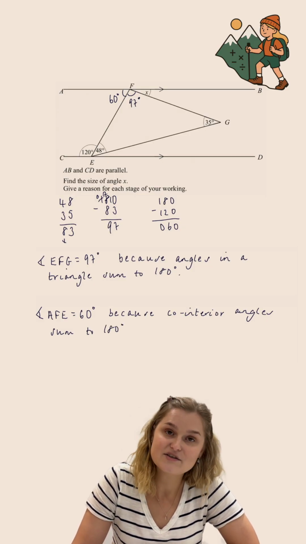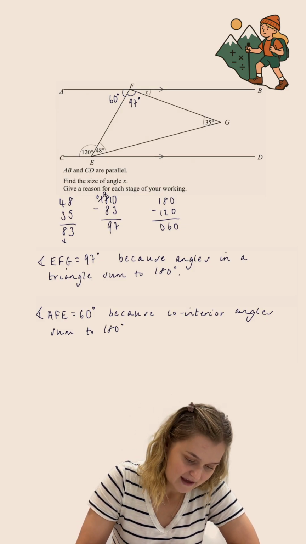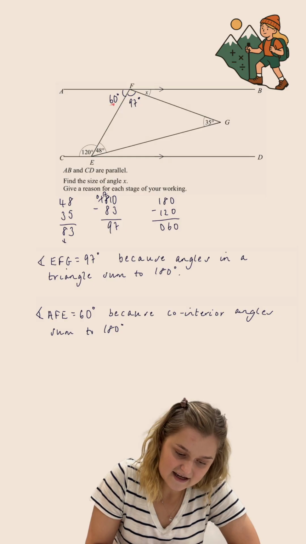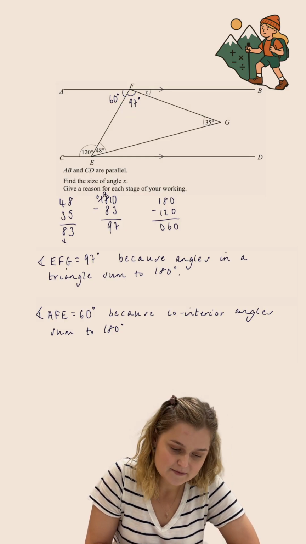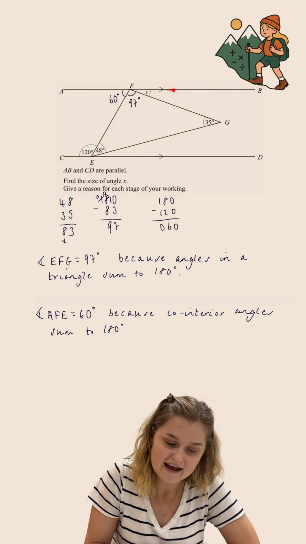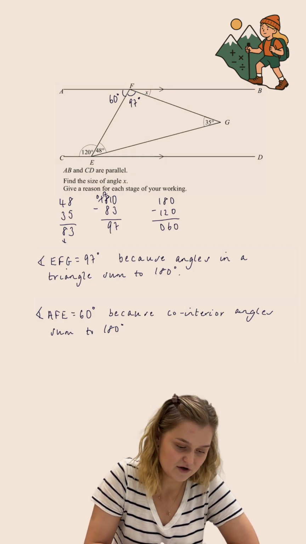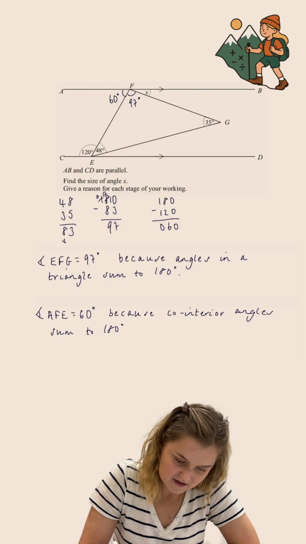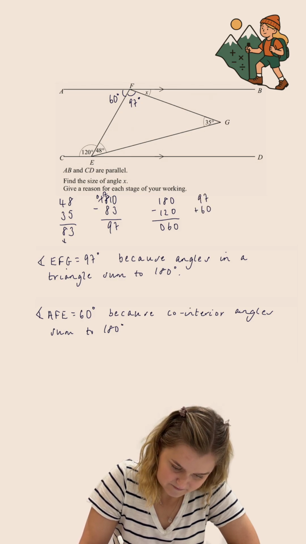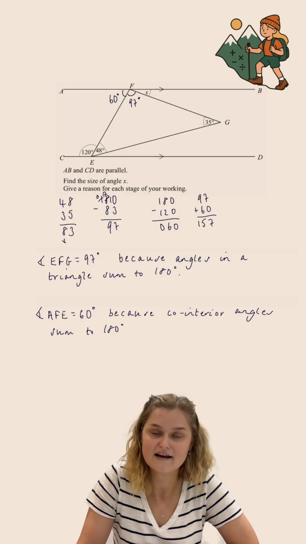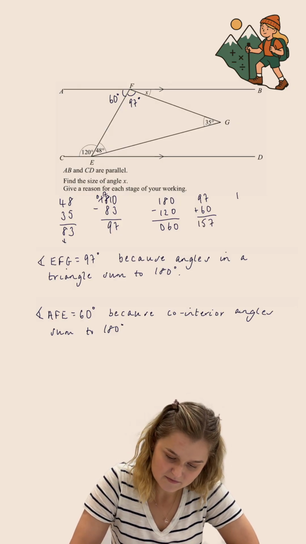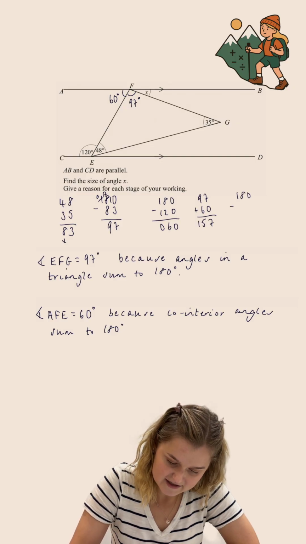Now the final thing I need to do to find my angle X is subtract 60 and 97 from 180. The reason I'm doing that is because I've got a straight line here, and the angles on a straight line always sum to 180. So I'm going to start off by adding 97 and 60. That is going to give me 157. And now I'm going to do 180 subtract